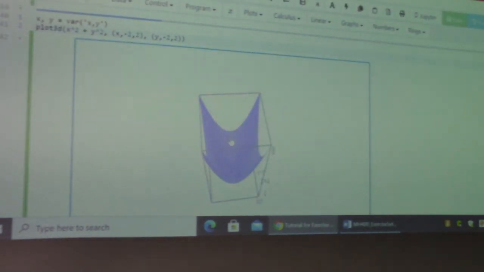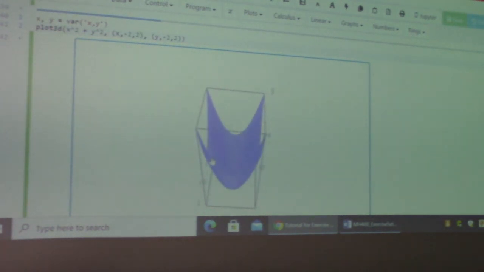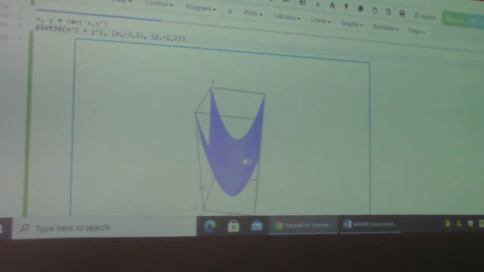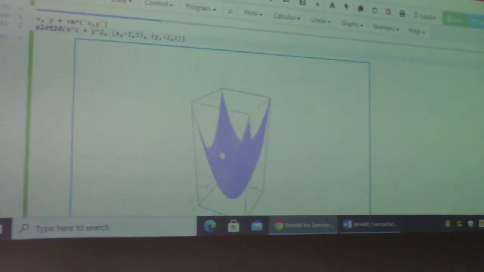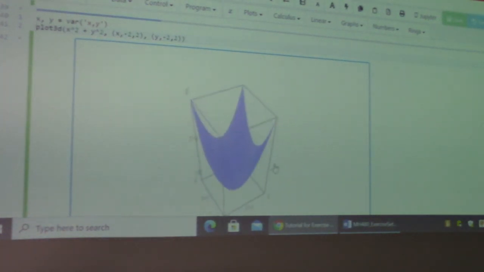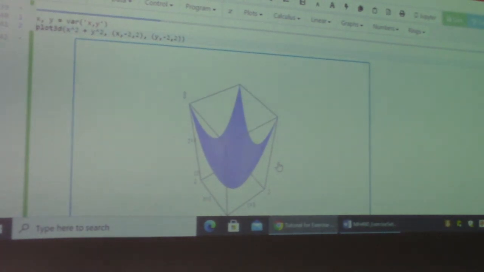I mean, I kind of have the same criticism of these 3D shapes as I do of the ones that were created by GeoGebra. They don't look very good to me. I really like to see a grid, like a wireframe grid on the surface, and